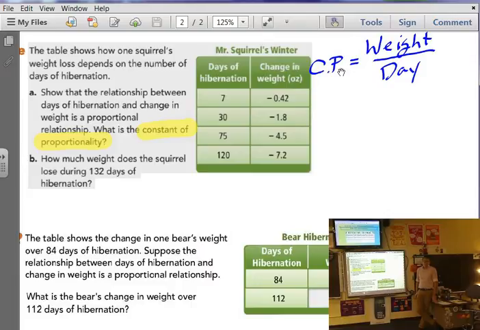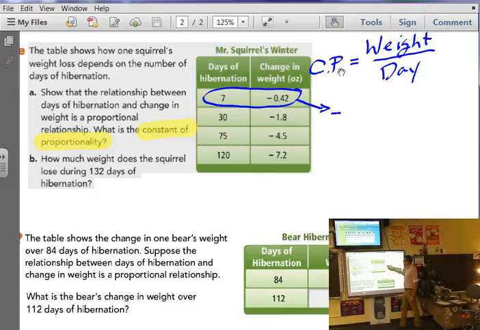So, we want to compare, put them back. I'm not letting you waste that paper. Killing trees. Tree killer. We want to look at the constant of proportionality by setting up weight compared to day. So I want everyone to write this on your paper, that we're going to do weight divided by day. I'm going to do my first one in blue, and then I'll change colors for each of them. So if I do weight divided by day,